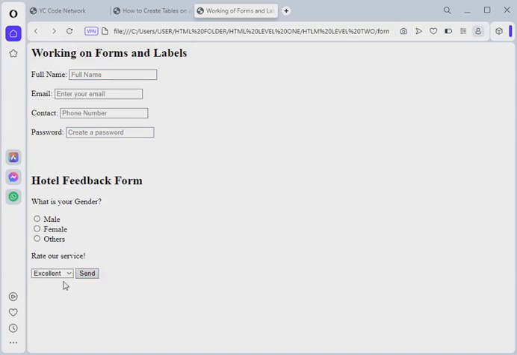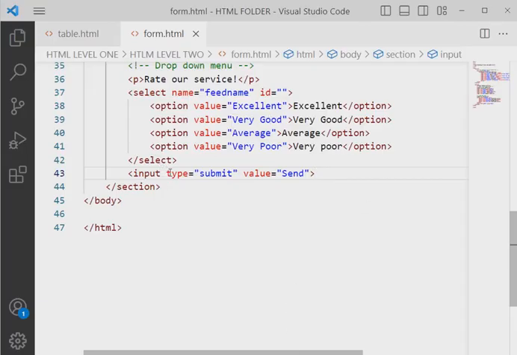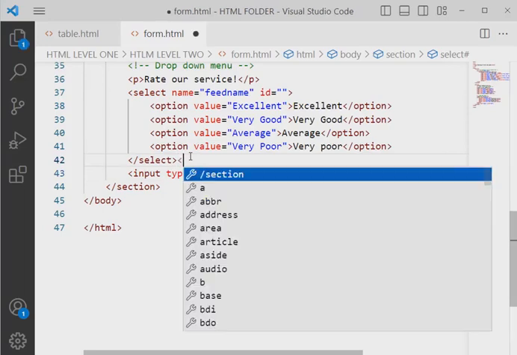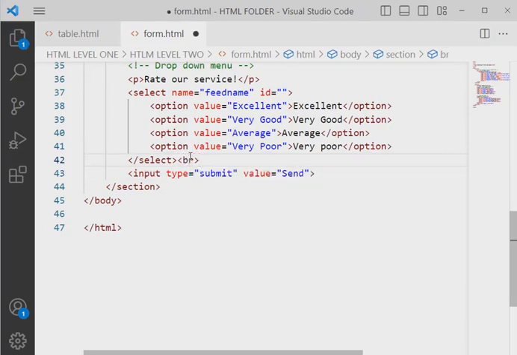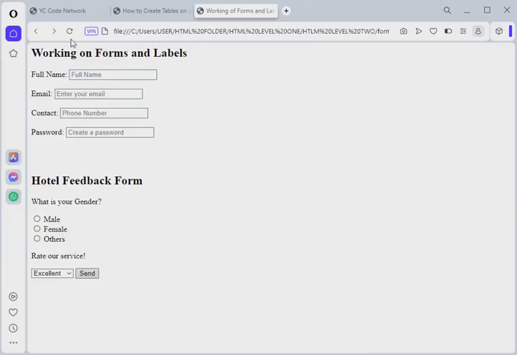Okay. Let me add a break button here to bring the send button down. Let me add a break button. Ctrl S. So once we press this send, it's going to take us to the link server. I haven't input any data yet, so it won't work until I input the information requested before they can work. So now we're moving on to